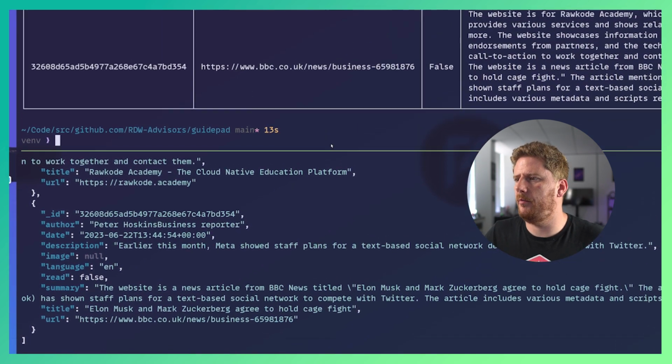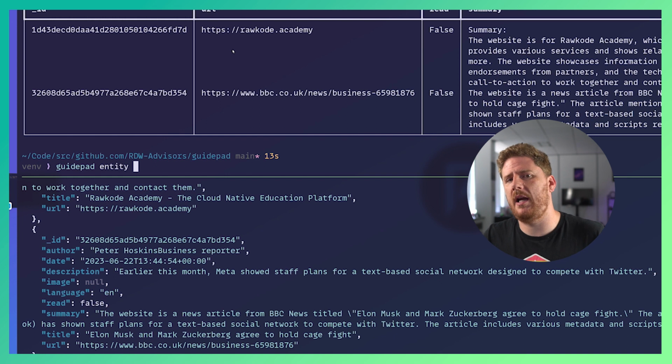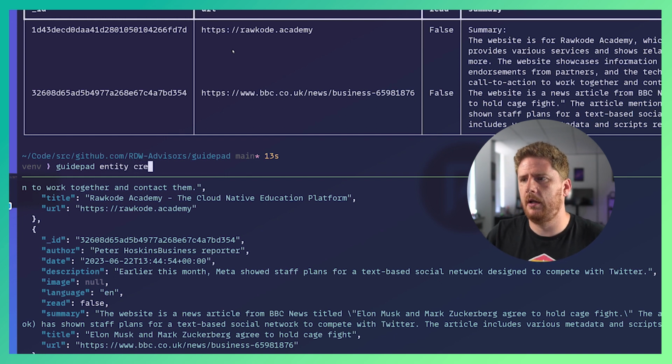So let's go up to this top pane. Now I could do a Gatepad entity, edit, bookmark, and drop in this ID, but I'm just going to create a new one from a file so you can see that flow, and then that'll show us that we have a working filtered API endpoint on the bottom tab too. So we could do entity create bookmark, and instead of using the here doc, we're going to pull this in from our plugin,